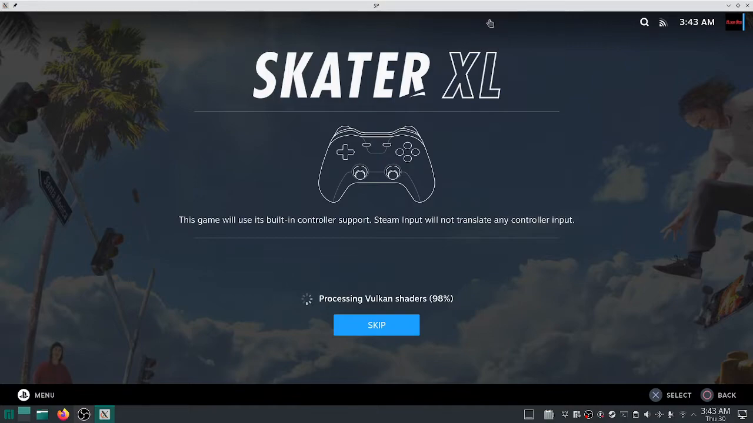I saw somebody on the Facebook group page for the SkaterXL PC community asking about the Steam Deck, wondering if it was worth the purchase. I'm happy to report that if you decide to buy SkaterXL for the Steam Deck, you will not have any issues. I played this stock mode with Proton, and no problems whatsoever for me. So hopefully this video